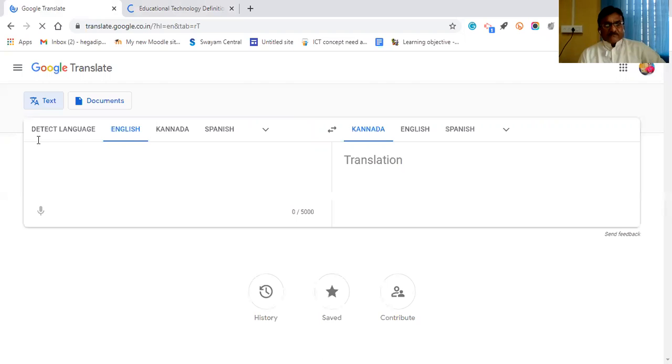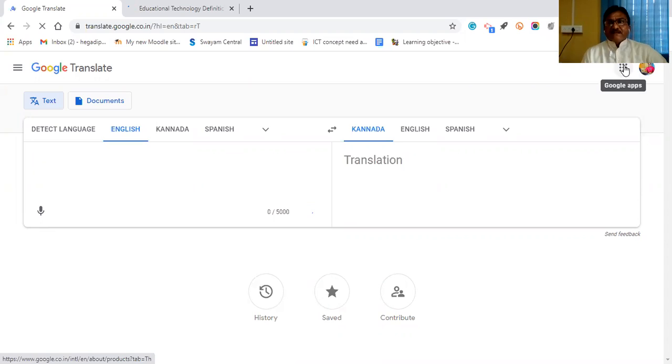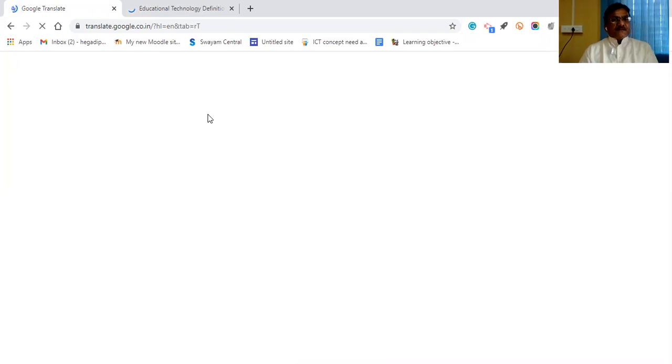Okay, so in this one here, so this is the Google Translate page. This is also one of the Google products. Here also the 9 dots icon will be there. You can directly enter into this Google Translate. How I told the steps to open Google Docs, like that, in the similar way, likewise, you can also open the Google Translate. Okay, now I copied this one now here.